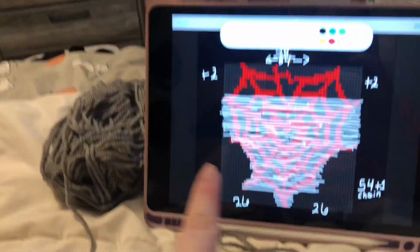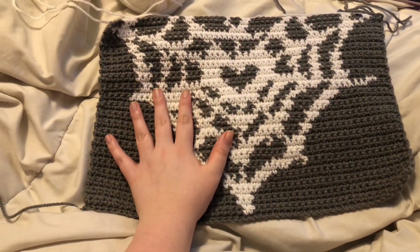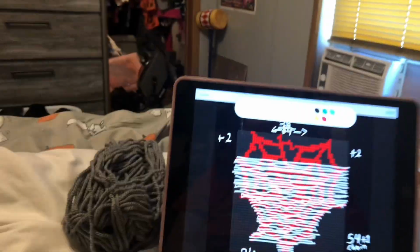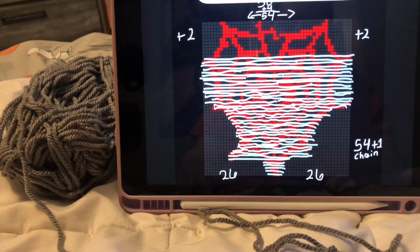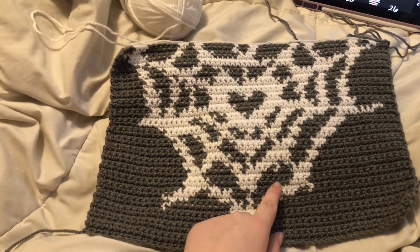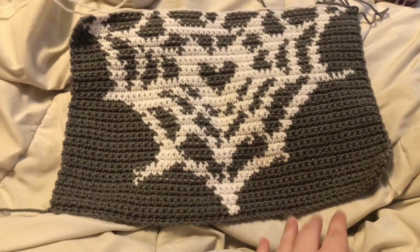This is how much is left on the graph. I think it's like 11 rows. This is huge though. I really underestimated how big a graph was going to be, because looking at this graph, I did not think it was going to be that big. But I really like it. There's like a couple little things like where the yarn stitches are, but that's how it's supposed to be in the pattern. It gives it that like